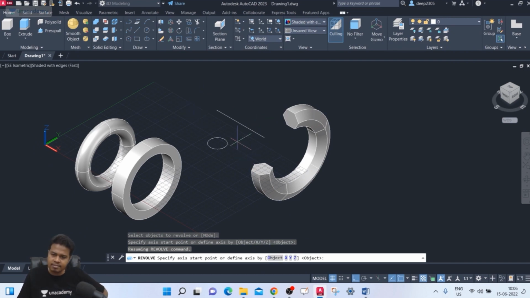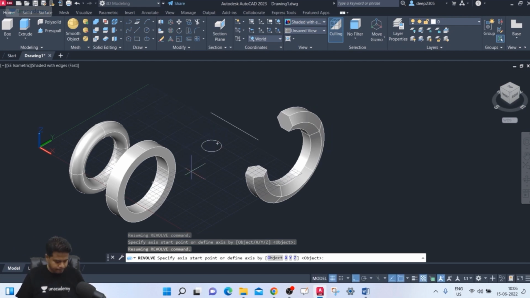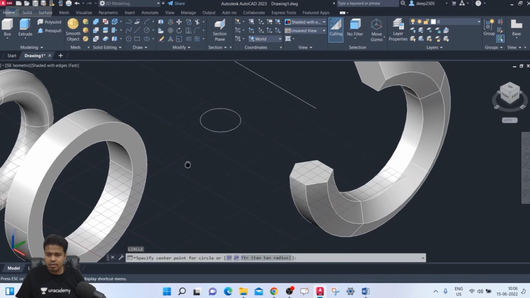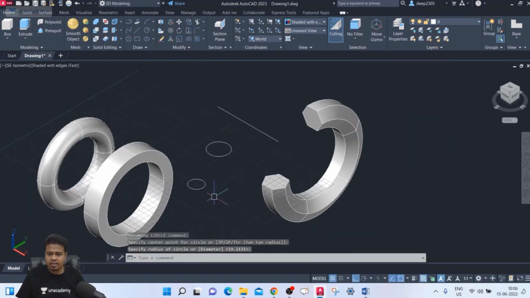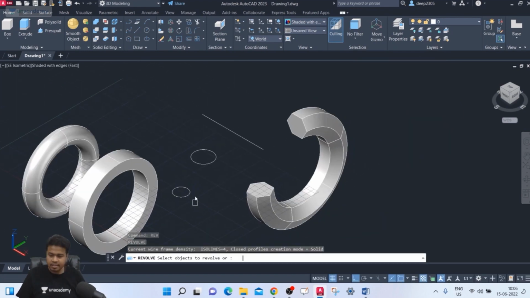I have selected this. If I select this line as an object, then about that particular object, this circle will get revolved. Okay, now suppose I draw a circle here, go to REV, enter, select this object, enter, object,